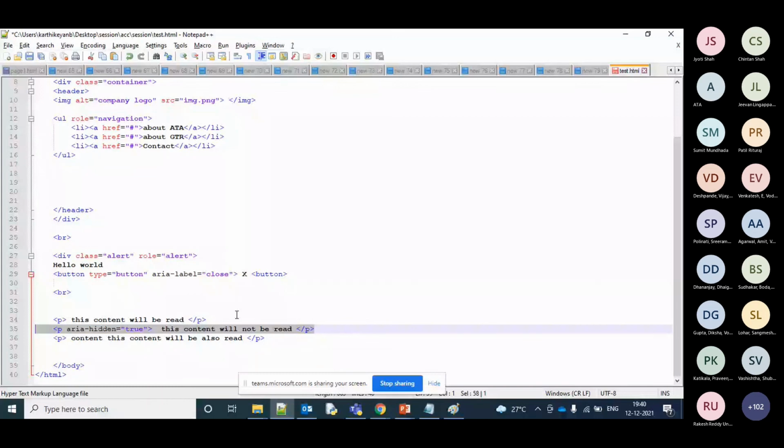So if you want to skip particular contents, you can give it like this. When the screen reader was reading, it was reading this, and it was reading this, but not this. Content 2 wasn't read over there. So this is the way it helps us in design also.